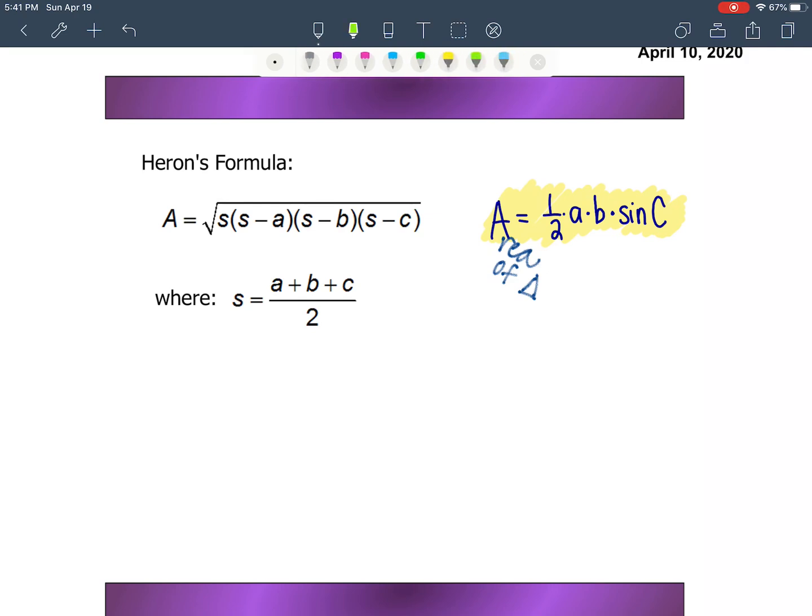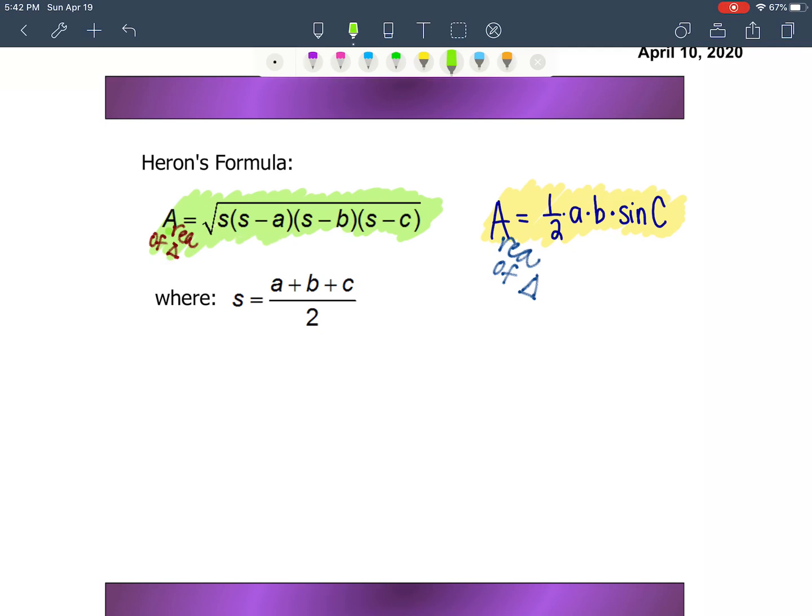And then the other formula to find the area, let me be clear here too. So this is area of a triangle, is this formula right here. It's called Heron's formula. And I remember once I had a student who came to me after they had taken